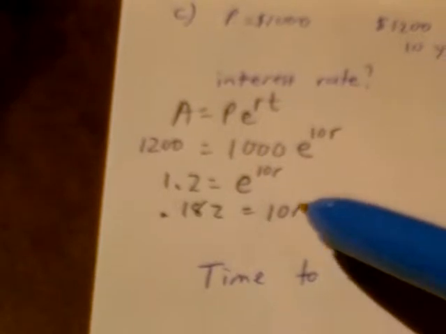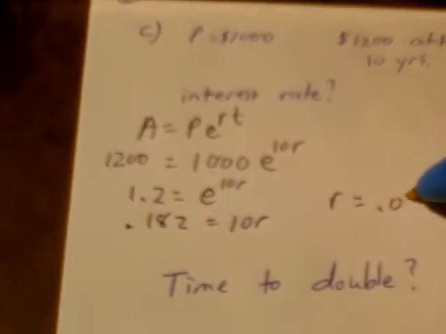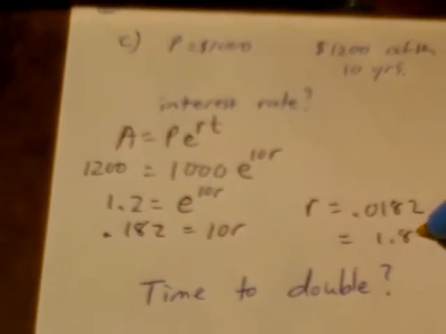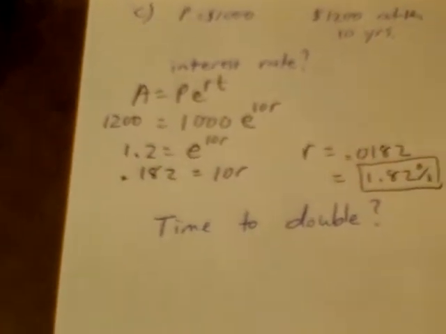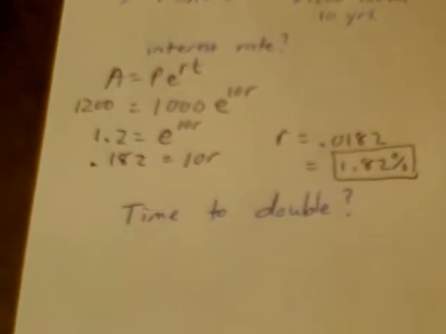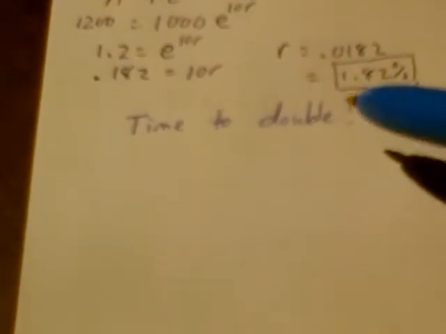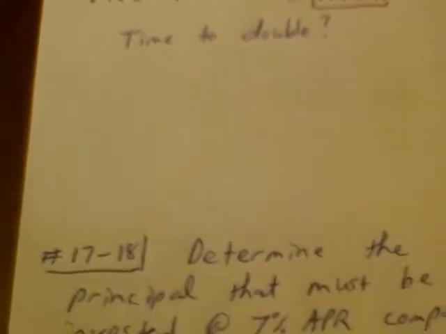Now divide both sides by 10, and we get r equals 0.0182, or 1.82%. And there we are. So I think you got the hang of this by now. And so I'm not actually going to do the time to double because, like I said, I think you got the hang of this. And we're going to move on to the next type of problem,